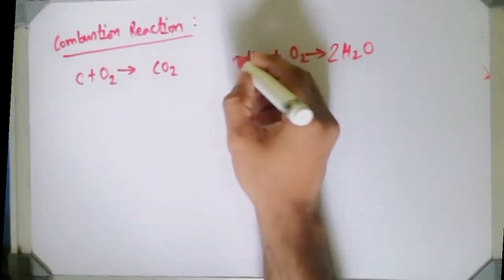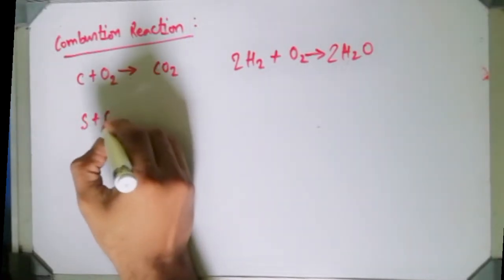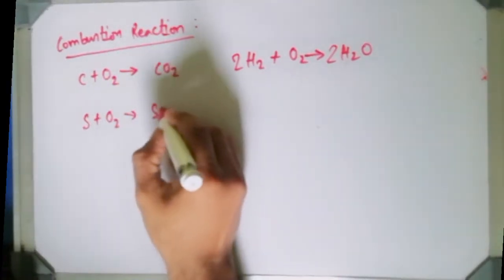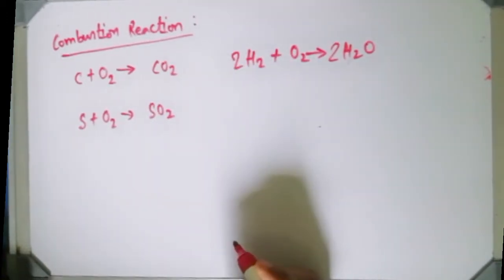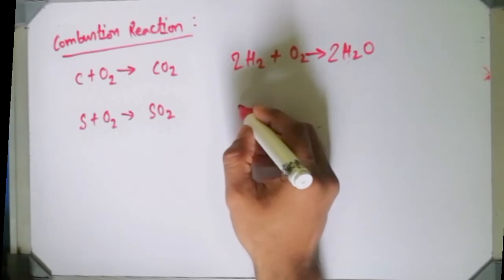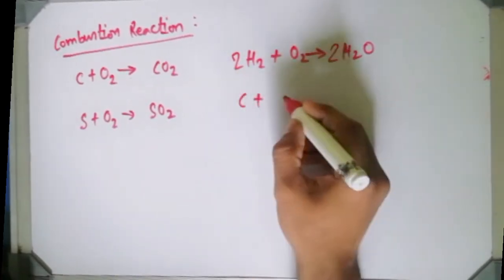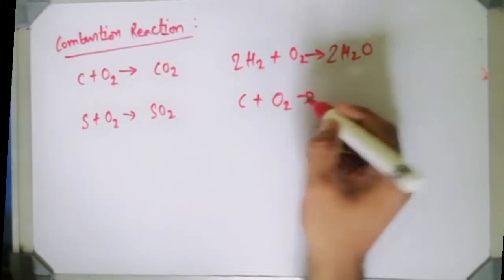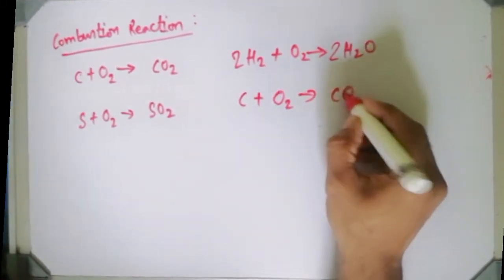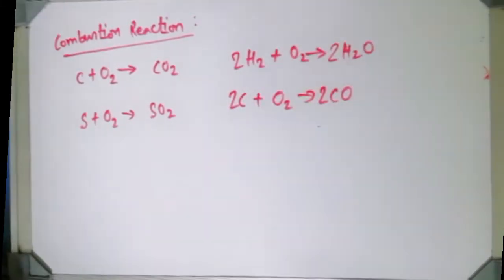So if you put 2 here, 2 here, then sulfur, if it is present in the fuel, is also to be oxidized during the combustion, because combustion is nothing but an oxidation process. And if it is incomplete combustion, then some carbon monoxide also will be formed. This is the balanced.